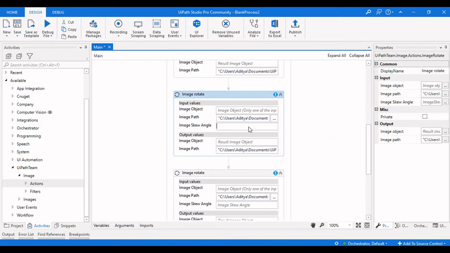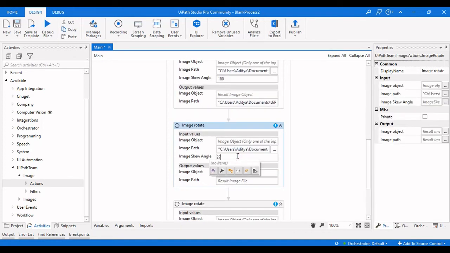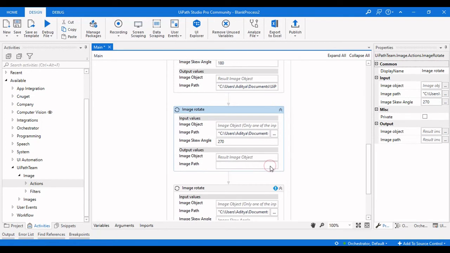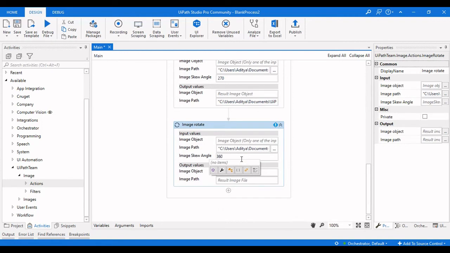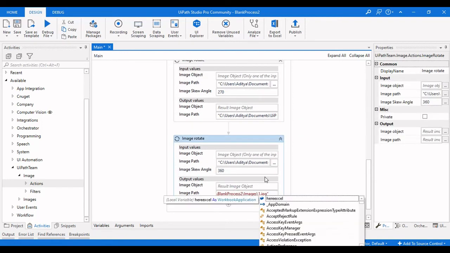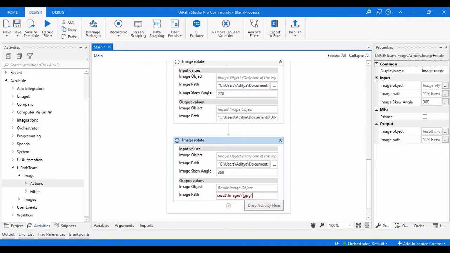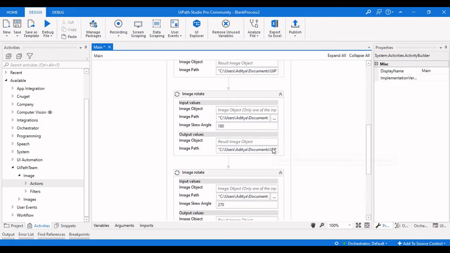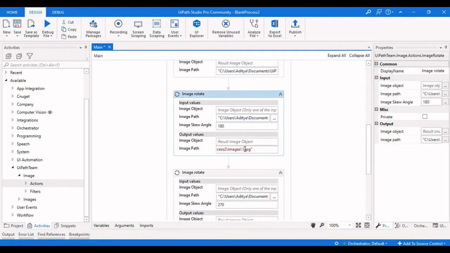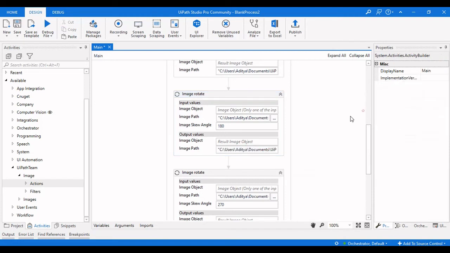Here we need to provide 180 degrees, and this one is 270, and the file path will be this one, and it is 360, and the resultant file path here is 360, and here it is 270, and here it is 180. So we have all the skew angles covered.